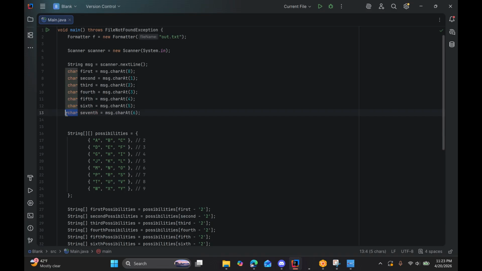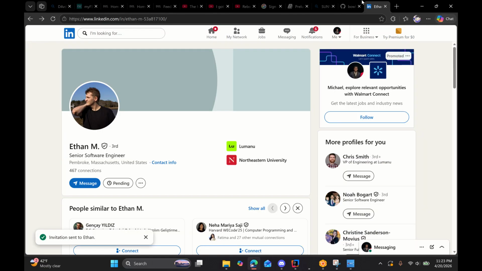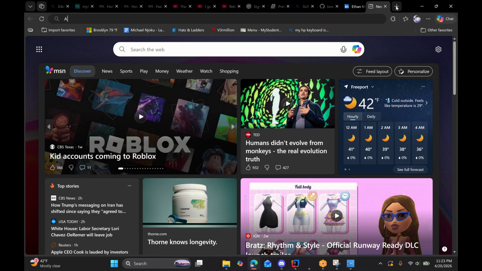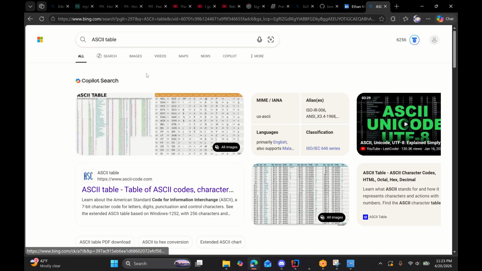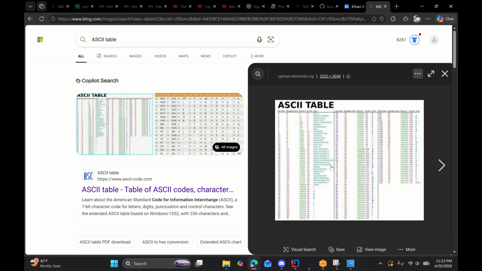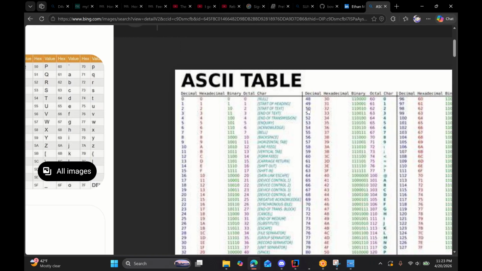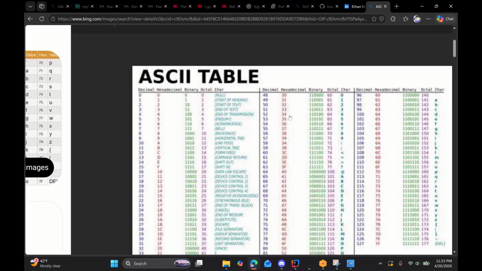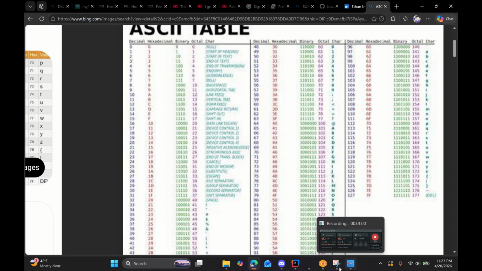I used the char data type. What I actually did is very interesting: I used the ASCII table to determine how I should do this. Because if you see in the ASCII table, number 2 is equal to 50, and 65 is also equal to A. So using that information,